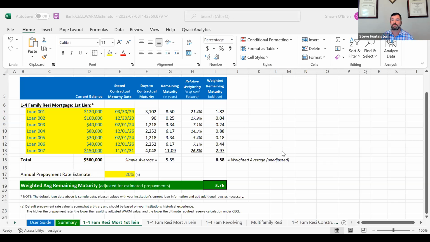And so after taking it to prepayment speeds, we very rarely see ones over 10 years that are reasonable to us. Yeah, a 10-year WARM. So the question came in, do you recommend recalculating the WARM quarterly, or is there a